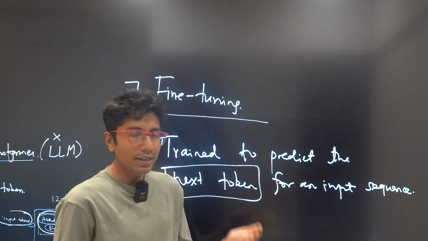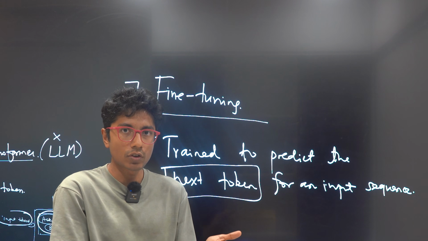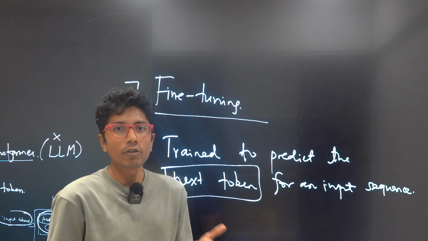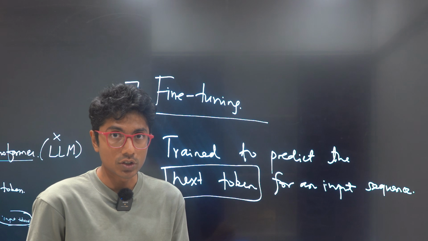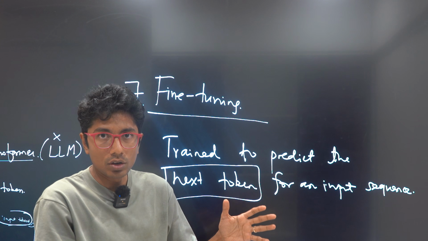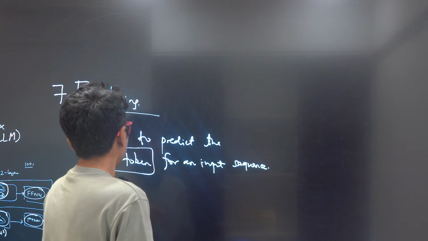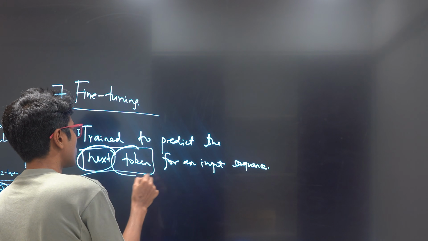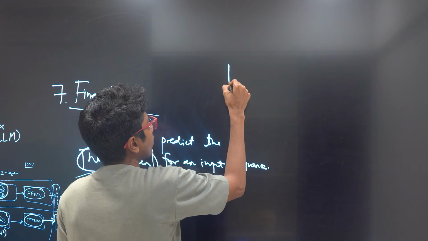If you are talking about a medical large language model, something which helps doctors explain the diagnosis of a patient, then you're probably going to be thinking of medical terms. If you have a model which is trained on financial operations, then the same model for the same query is going to think in terms of financial terms. So the next token that the model comes up with is not always going to be general. You're first going to train your base model